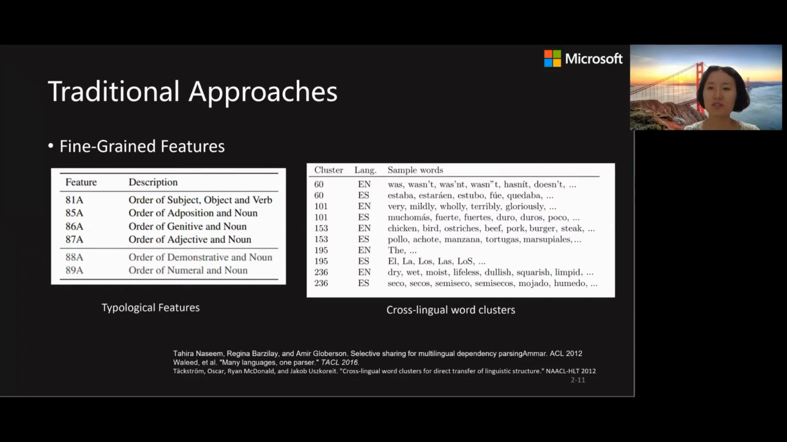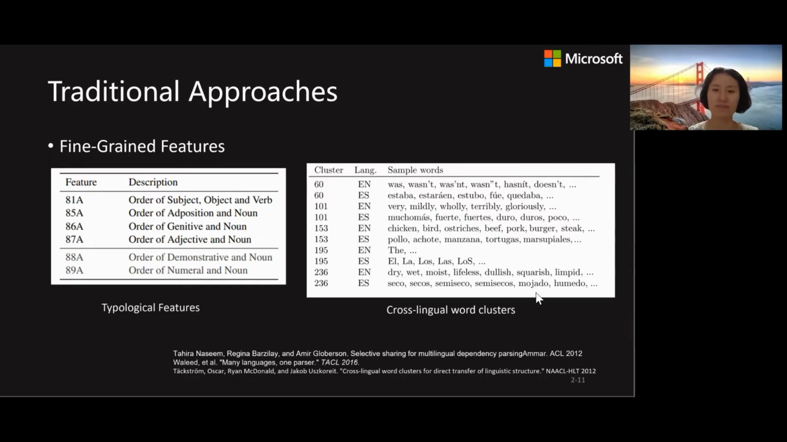So many researchers have investigated more features to provide additional information, such as typological features and cross-lingual word clusters. Here are some examples of typological features. For example, this one represents the order of subject, object, and verb in the language. Such features indicate language-specific typology, so they can be used to select shared model parameters when there are multiple source